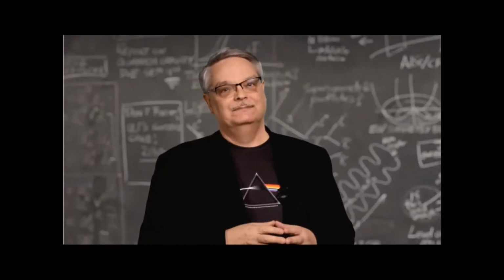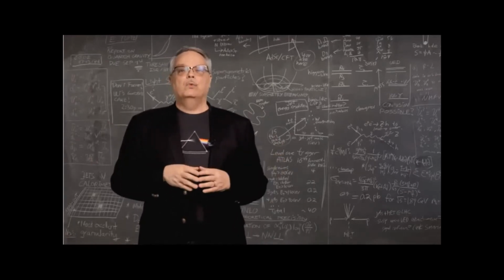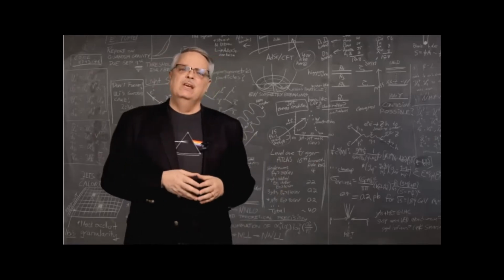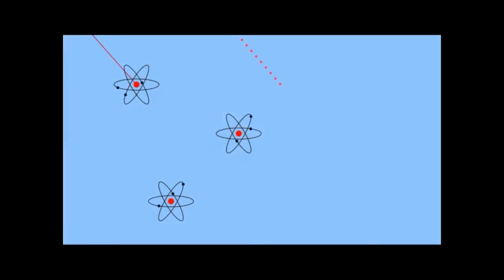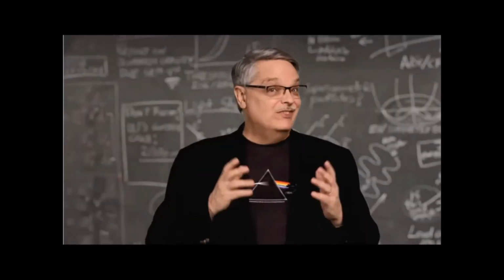Let's see why. The problem is that when an atom has absorbed a photon, it doesn't remember where the photon was coming from. And when it emits a photon, it can do so in any direction. So what really would happen in the absorption and emission case is something more like this. The photon would be absorbed and re-emitted in a willy-nilly direction. In the end, the passage of light through the material would end up looking like this, which, well, isn't what we see. So if neither of these ideas work, what does?